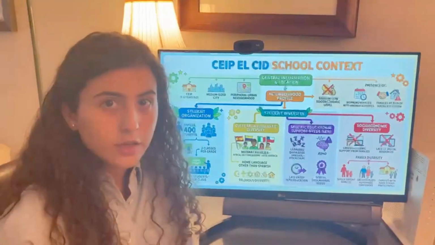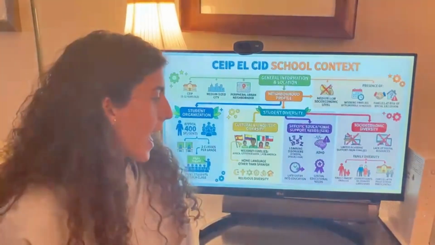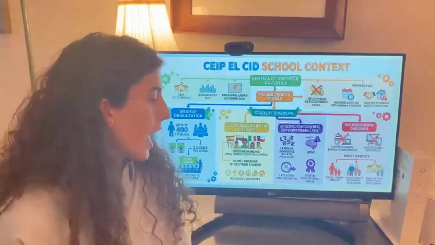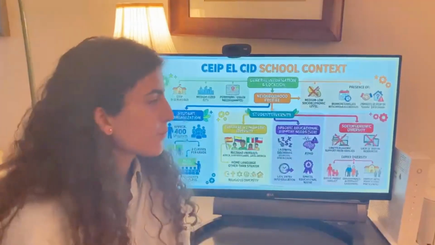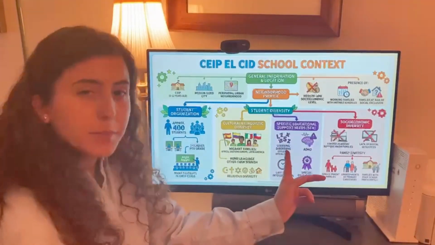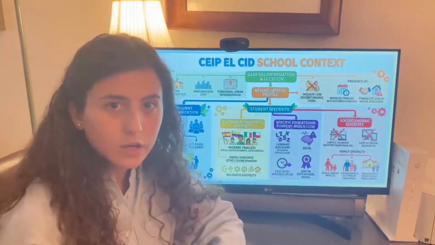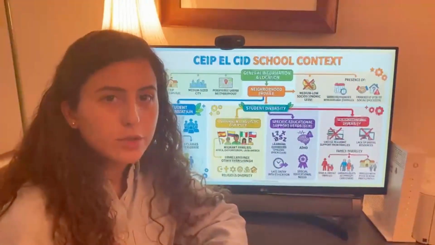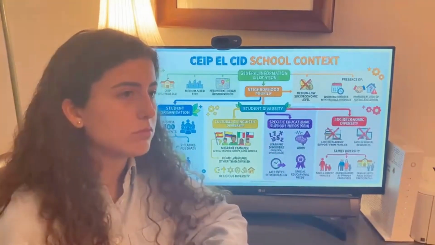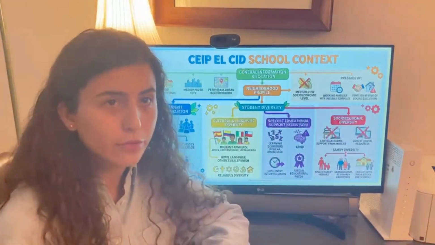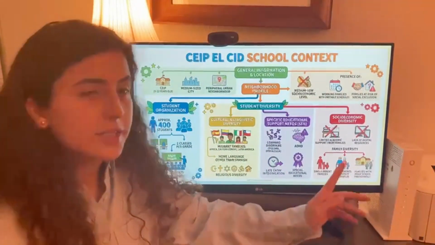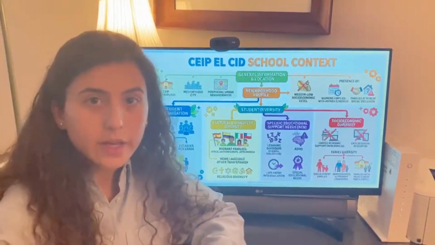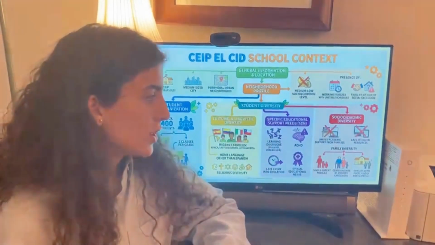There is cultural and linguistic diversity because of immigration, and in many houses, the language that they speak is different to Spanish, and there's also a lot of religious diversity. There are students with special needs, such as dyslexia or dyscalculia, and there is also socioeconomic diversity, with many children having little access to digital resources and support from their families. And the families are very diverse also, with single-parent households, grandparents as the main caregivers, and little support and participation